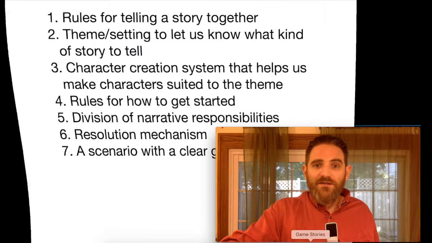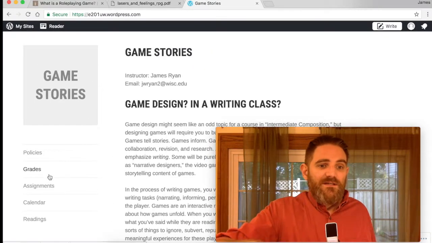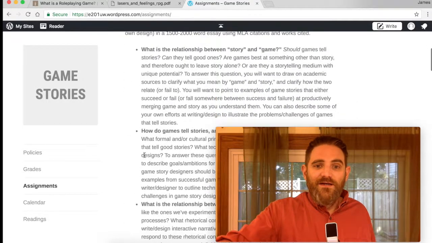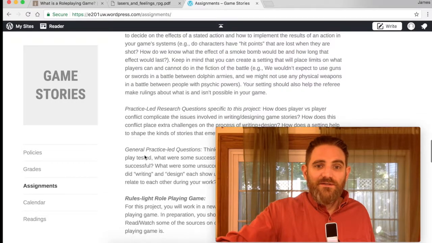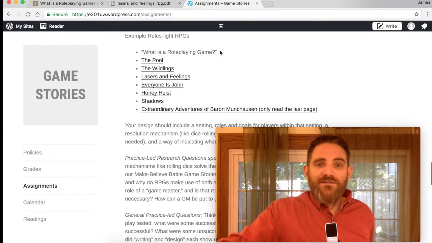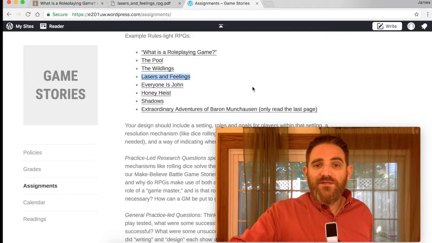So let's take a look. Here's the syllabus on the assignments page. For the role-playing game story, we've got several role-playing games to look at, right? There's What is a Role-Playing Game up top. There's also Lasers and Feelings here. But there's several others that I want to talk about as well, just to give you a sense of how